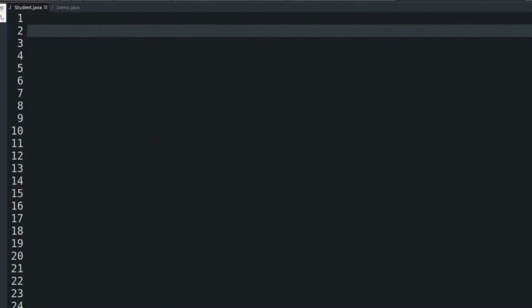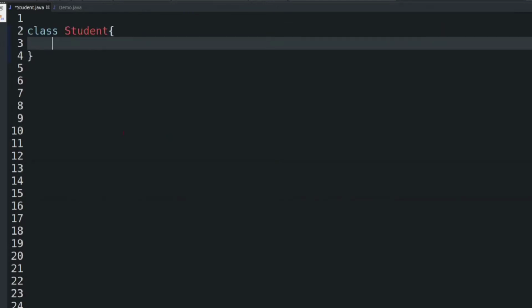Now see here, we are going to create a student object with its fields and values. So to create a student object, we need to create a student class. Okay, so we can write like this, class Student. Now we are going to create fields of student by declaring variables.